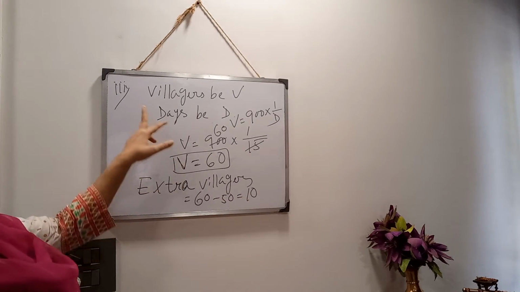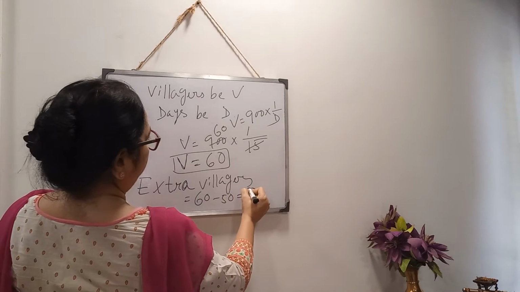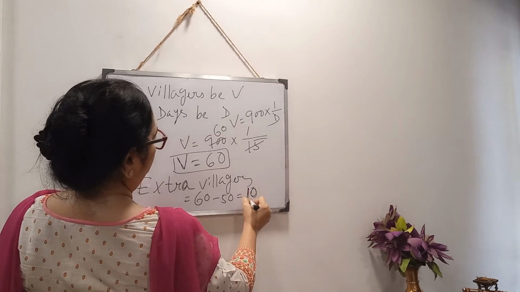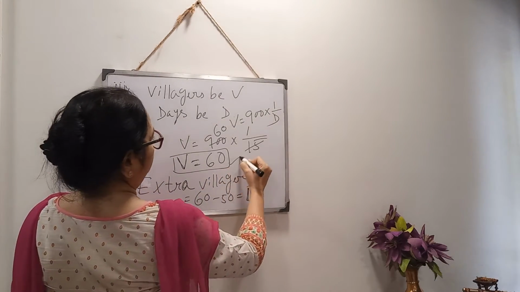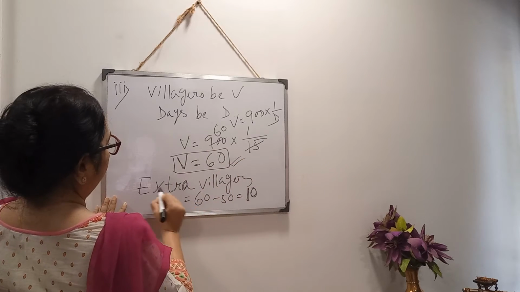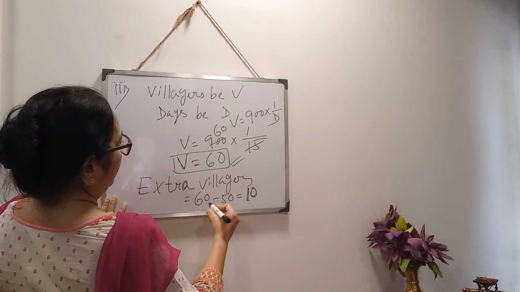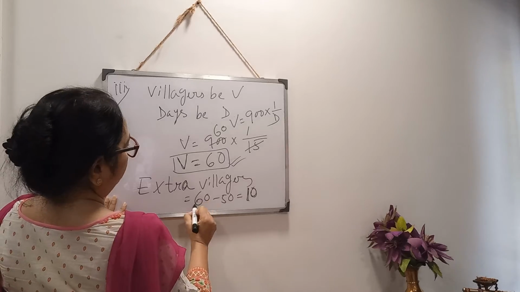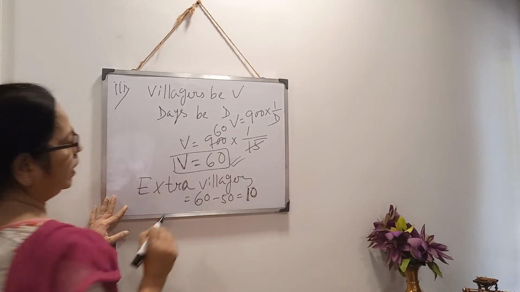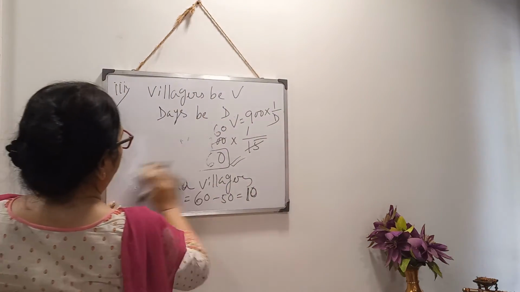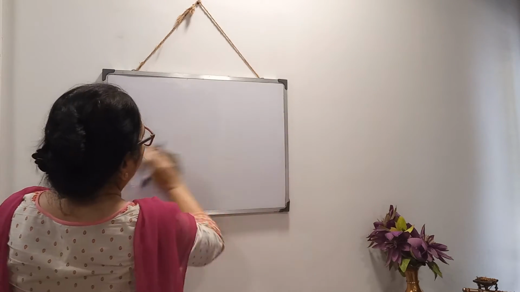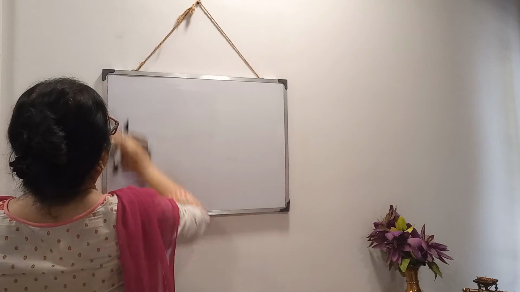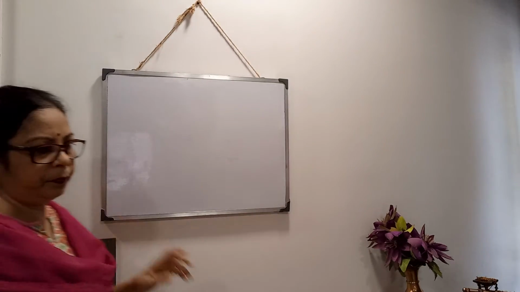You will get it in the test paper. This sum comes in SAQ form. Very easy, 2 marks. Very easily you will get it. Clear? But don't finish over here at 60. This is not your answer. Your answer is how many extra villagers you have to engage. So 60, initially you had 50, so 10 extra villagers we have to engage. Now next. So in problem sums, first you will find out what your variables are and how they are related. Then you can do it easily.